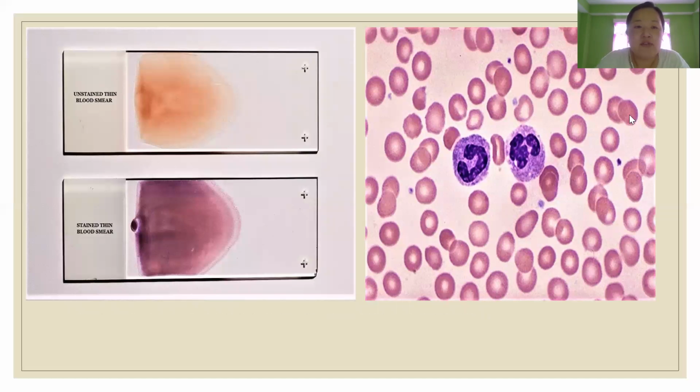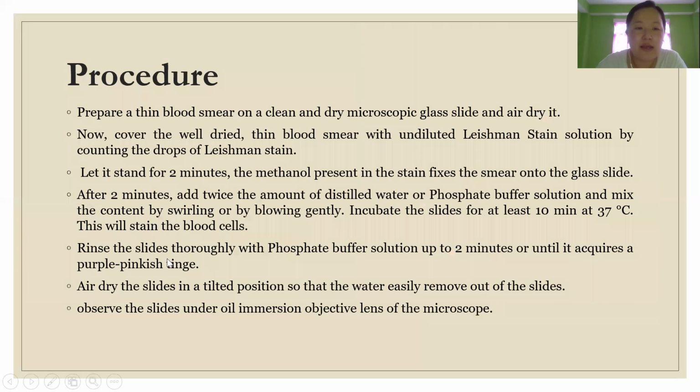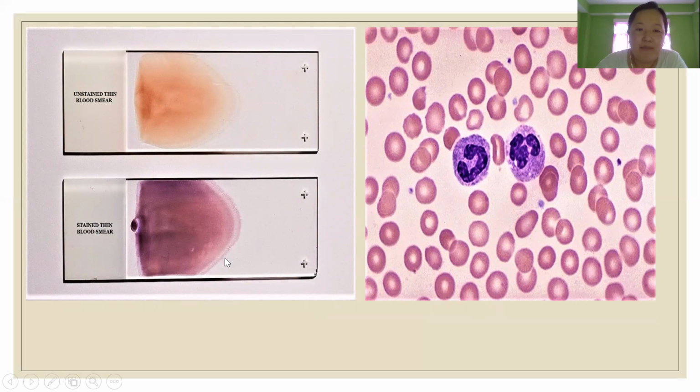So this, as you can see in this picture, there is certain criteria for a good smear. As you can see in this picture, it is a tongue shaped smear and the edge has not been touched too much. So this is a good smear, and if you have an unstained smear, it looks like this, and if it is stained, then here it is written, purple pinkish tinge. So when the purple pinkish tinge comes, then it looks good. Okay, you are ready to go.